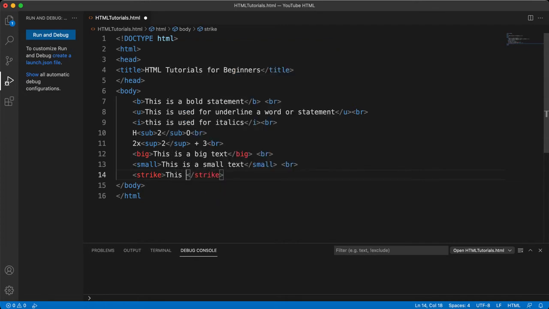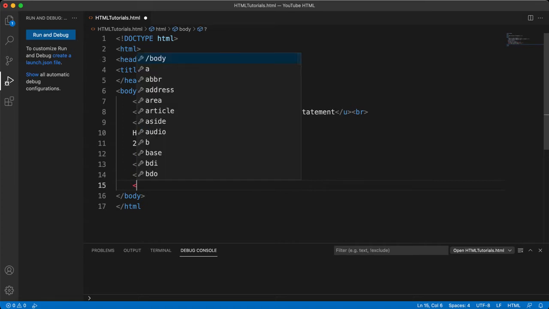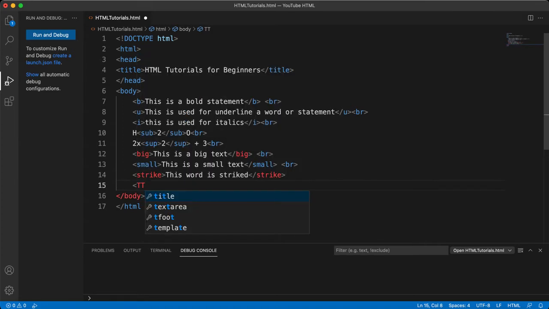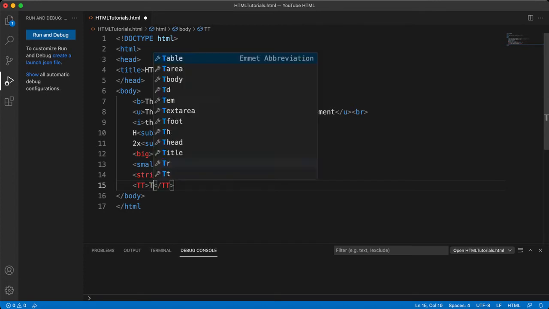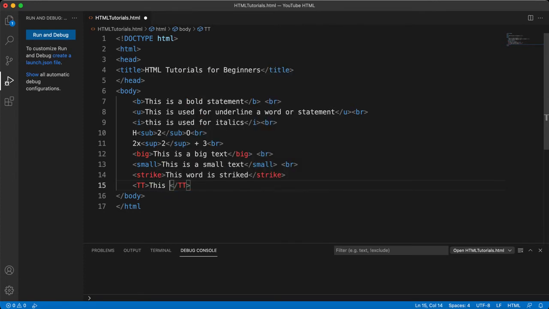This word is striked, suppose. Next write the typewriter text. This is a typewriter text.